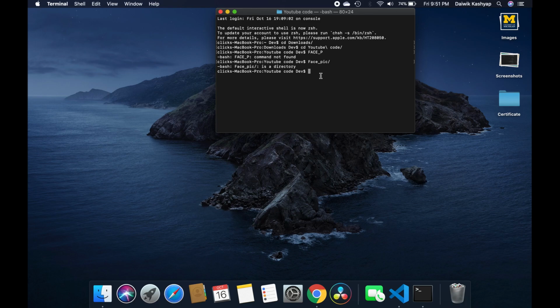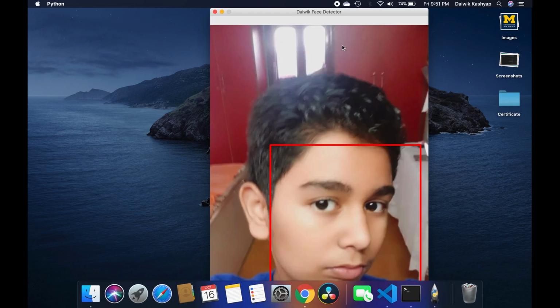And now I'll just run it, and now I'm in my face recognition folder. And now what I need to do is run my Python 3 and the code over here, face_recognition.py. So when I run it, then you can see over here that